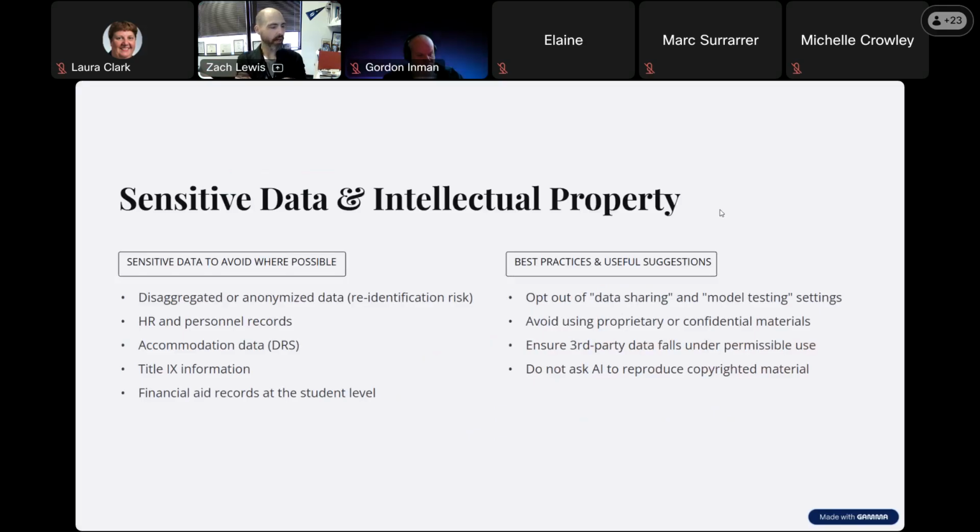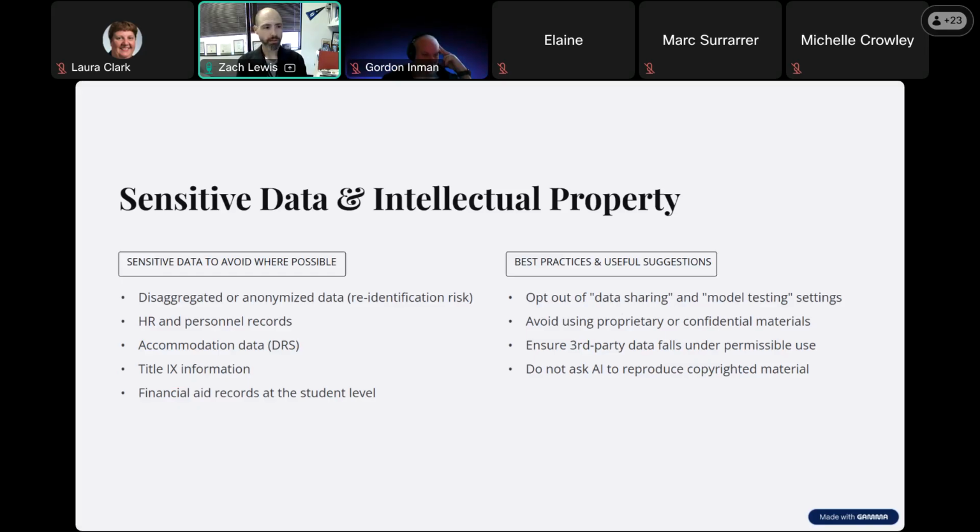So just extending on that point, additional things that you might consider steering clear of are things having to do with HR personnel records, anything that could jeopardize students' privacy or confidentiality around things like disability resource services or different accommodations that they might be privy to. Financial aid always is top of mind, with being respectful and mindful of all the regulatory requirements that exist around sharing data that's connected to student financial aid eligibility and or disbursements, just to ensure that you as a user are steering clear of any trouble.